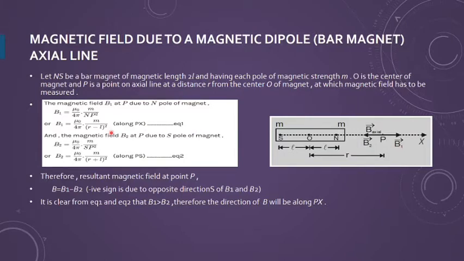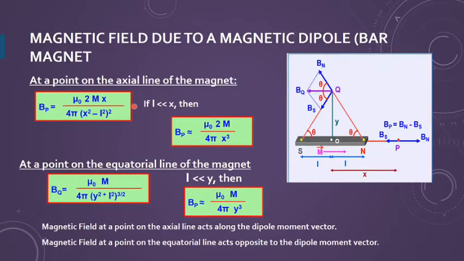Magnitudes, as you have done in the electric field also, E equals F upon q. So from that, kq upon r square, and the distance you can find. The distance of this point P from the north pole will be equal to r minus L. For the south pole the distance will be r plus L. If r is the distance of point P from the center of this magnet, then we can find the distance from these two poles and do the calculation. So the result you can directly keep in your mind by using the electric dipole concept.